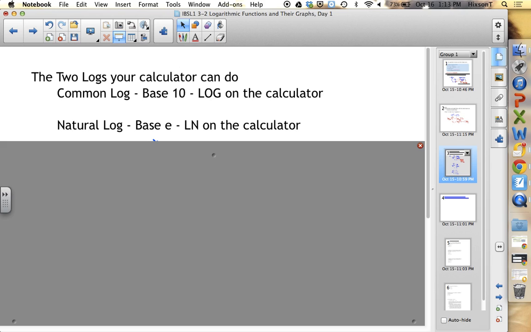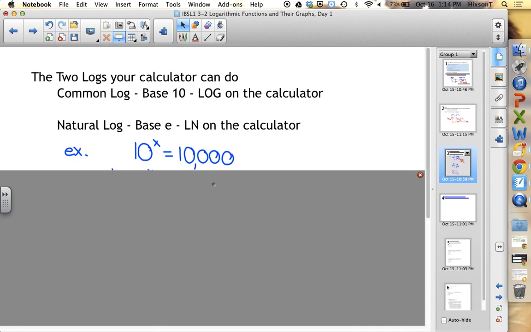It also does have the natural log button there too. But even if you don't have the Nspire, we're going to learn a change of base formula that's really, really simple to help us evaluate other logs, like the log base 3 of 12 on the calculator, okay? So we'll look at that later, but for right now we'll practice a little bit with this common log and the natural log, okay? So let's do this one logically, and then we'll also figure out how to do it using your